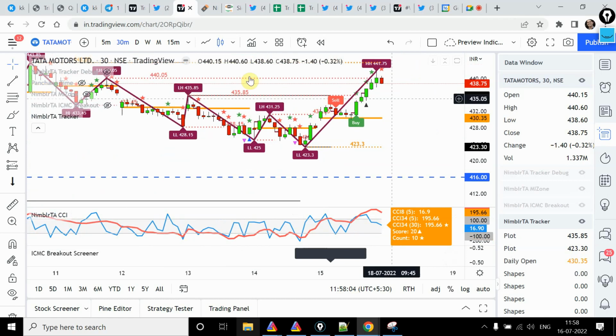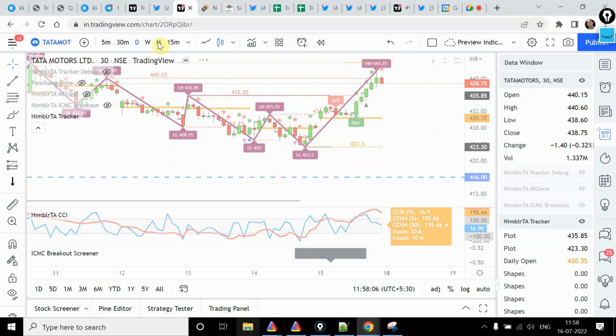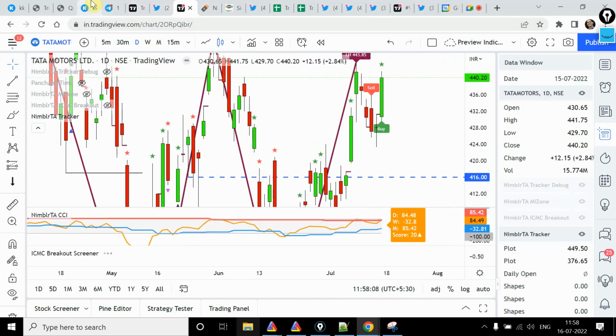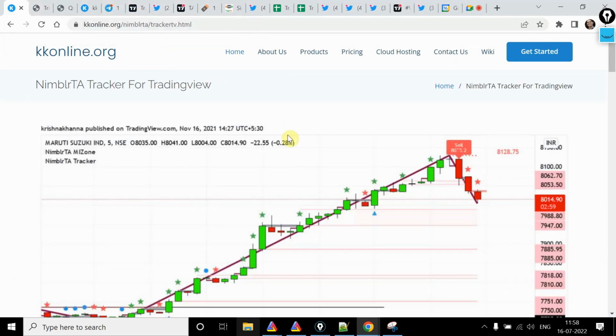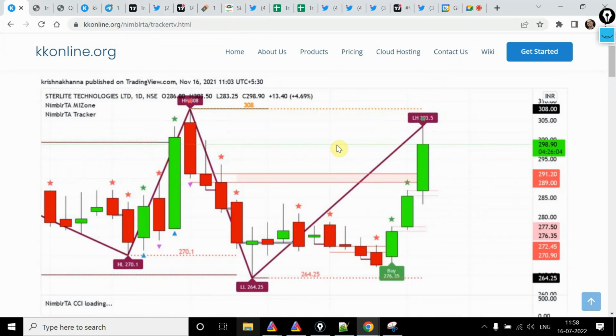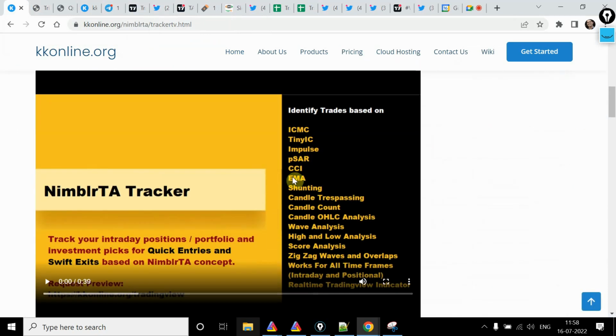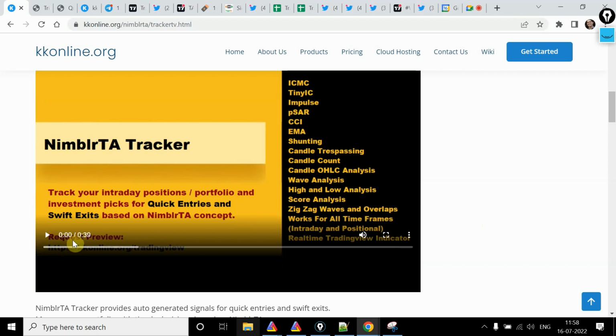So it is giving you basically quick entries and swift exits. That is the main purpose over here. So if I take you through this particular page over here, this is something how it would look like. So the idea is very simple. It will give you information on ICMC, tiny IC, impulse, PSAR, and different components of the system, right? It will not basically tell you the details of it, but it will give you buy and sell levels based